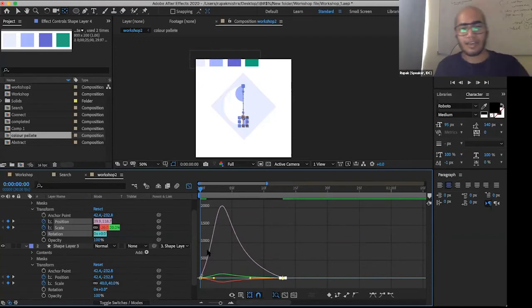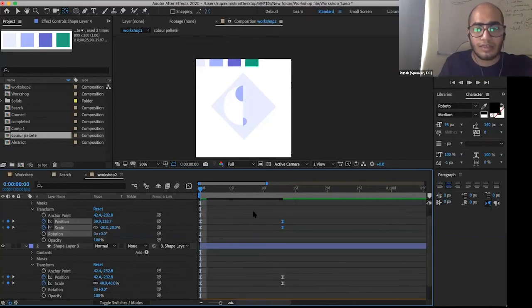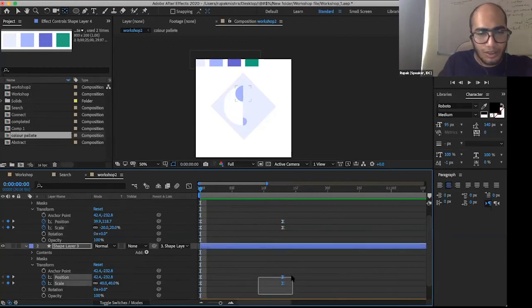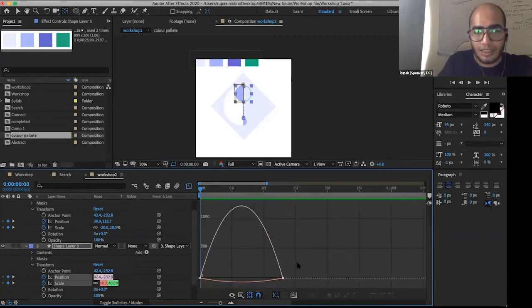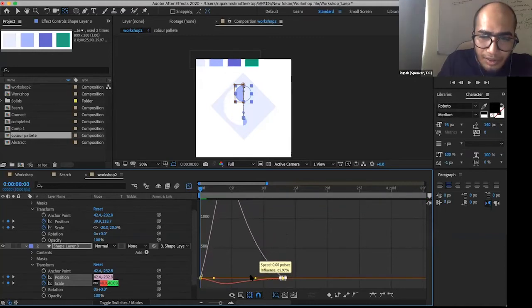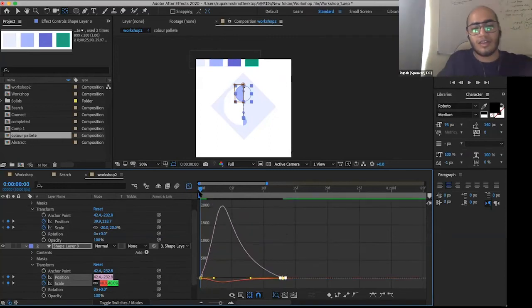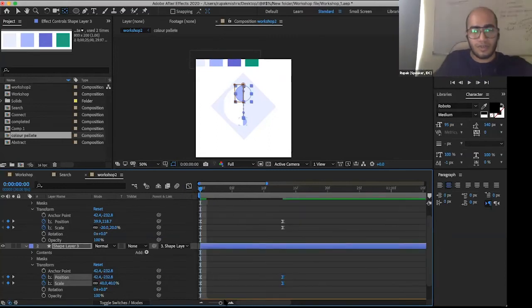So you can have like a fast starting and a slow ending, and you guys can see, okay, the shape layer 4 is more smooth than the other one. So we'll go ahead and do the same thing with the other layer also, shape layer 3. Go to the graph editor, and again see the same thing. Just drag it and we'll see the same effect. Okay. Now I'll see how it looks like.